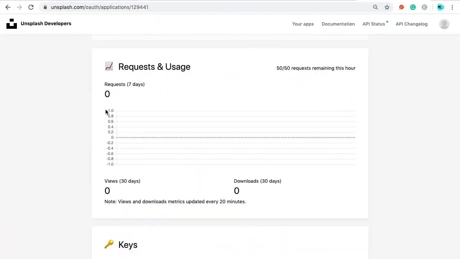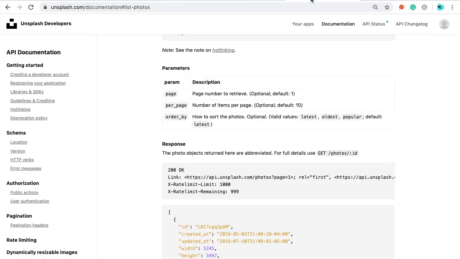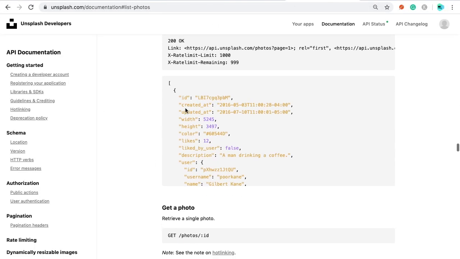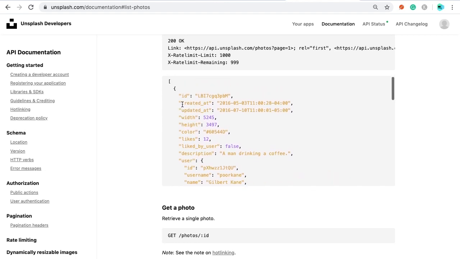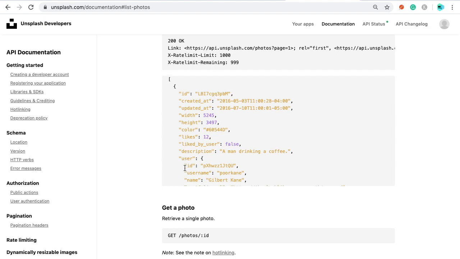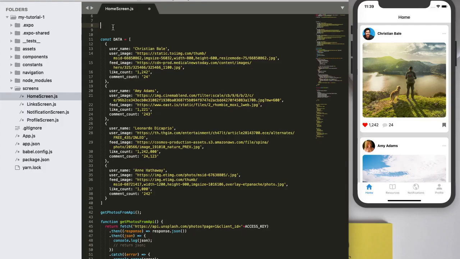Now let's see the structure of the response. This is how the response is. It has all the information related to the photo. So let's see how our data structure is defined. So we have username, user image, feed image, like count, and comment count.